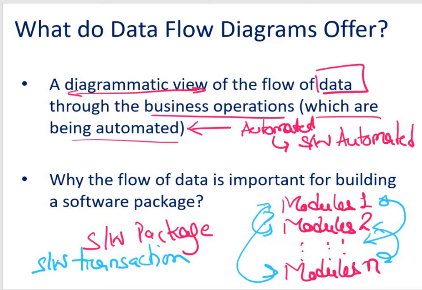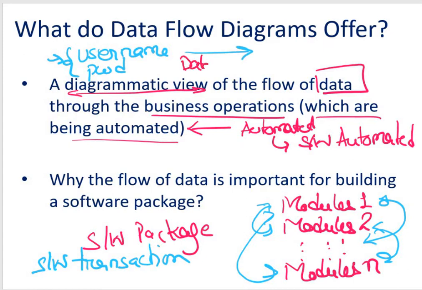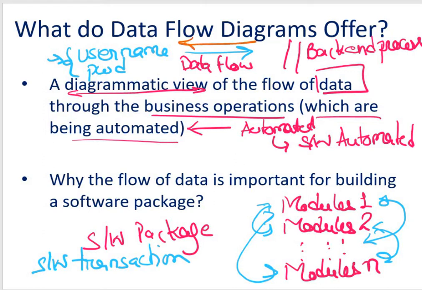Even in case of simple username and password validation, let's say logging into your Amazon account, data flow takes place. This data is your username and password. Some amount of backend process takes place, which will be in the form of username and password matching. And once again data flow takes place, in the form of returned output, which is a logged in screen.